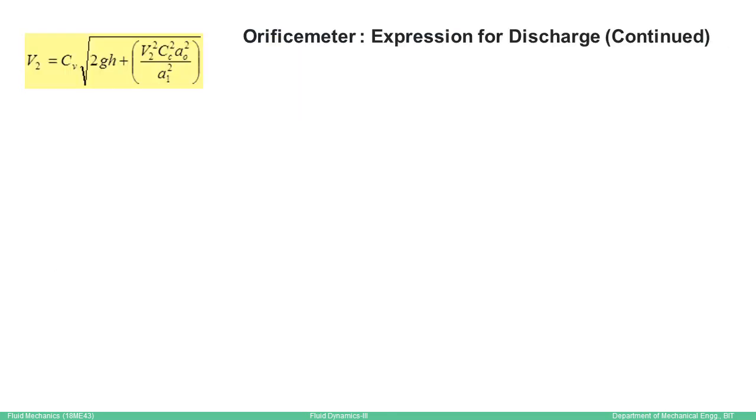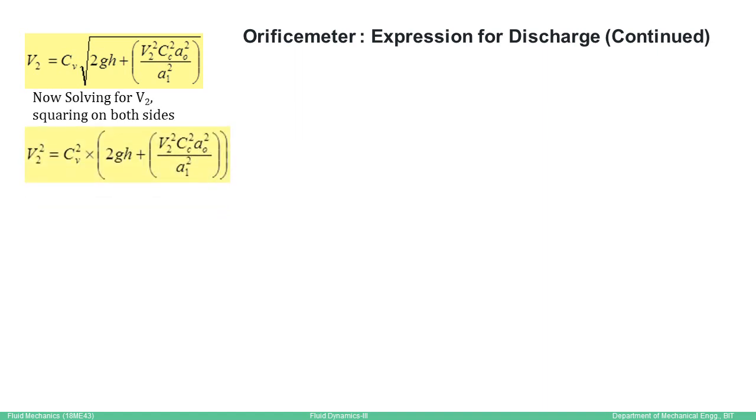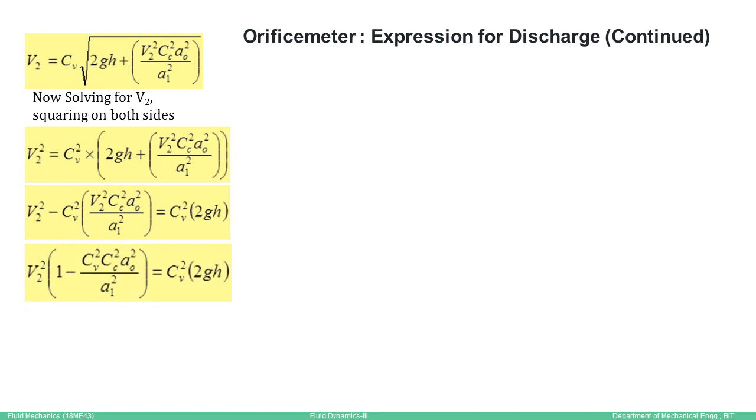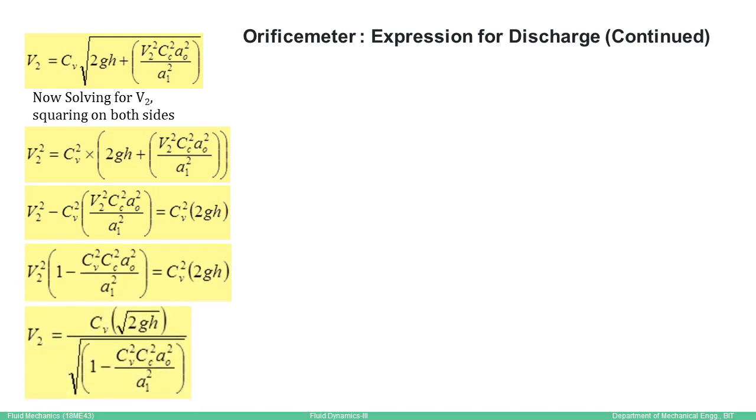So taking that V2 and squaring on both sides, we get V2 square is equal to Cv square multiplied by 2gh plus V2 square Cc square A0 square divided by A1 square. Now just rearranging the terms and separating out V2, V2 is Cv into root of 2gh divided by root of 1 minus Cv square Cc square A0 square by A1 square. And we also have this Q discharge equation